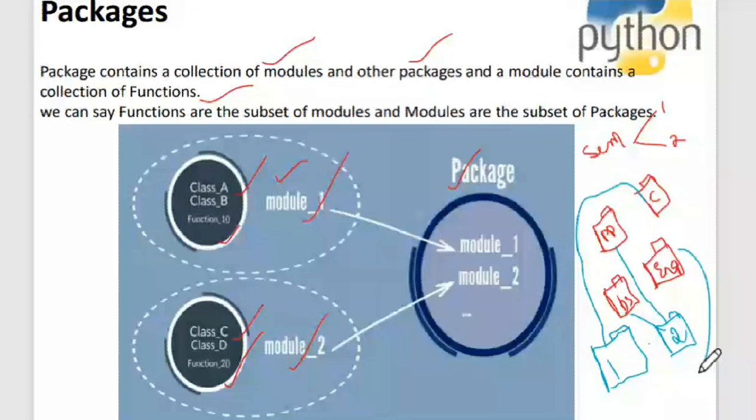Now I have 2 levels. To go to the Python programming notes, first I need to open the SEM1 folder, and inside the SEM1 folder I have the Python programming folder, and inside that maybe I have unit 1, unit 2, unit 3 and so on, and inside each unit maybe I have the notes pertaining to that particular unit.